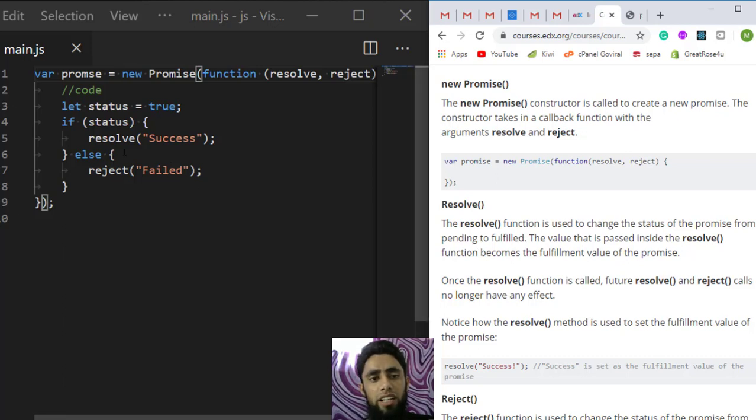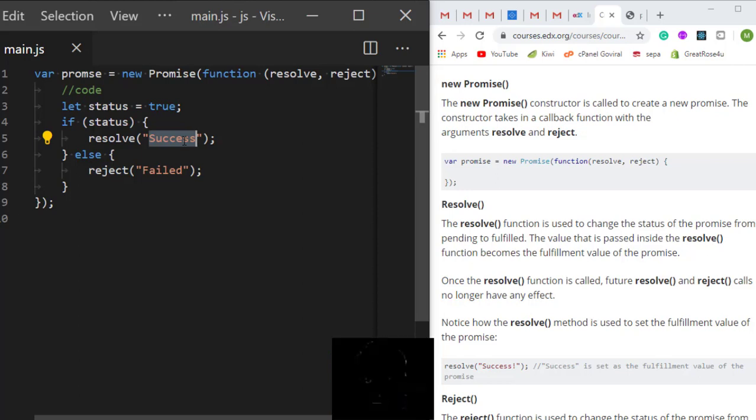So I already told you that if we are doing some execution, it will definitely wait until we get a successful result. In the same way, here we were fetching the data, so you can see that there will be the pending status. Pending means we are not getting the output up till now, but once we get the output, that would be fulfilled. The value that is passed inside a resolve function becomes the fulfillment value of the promise. Whatever value we pass here in the resolve, that means we successfully got what we were expecting.